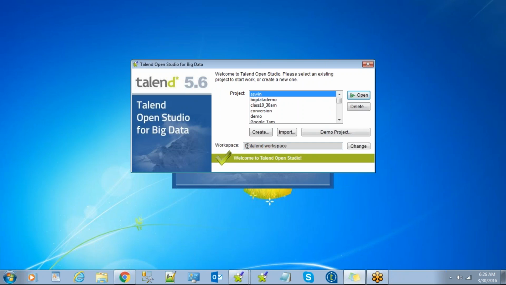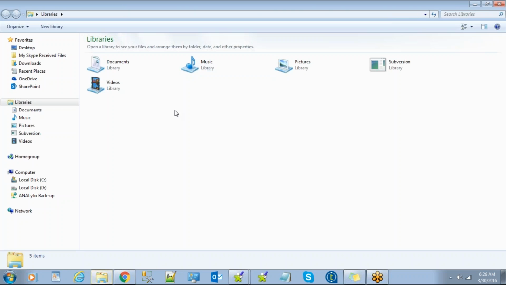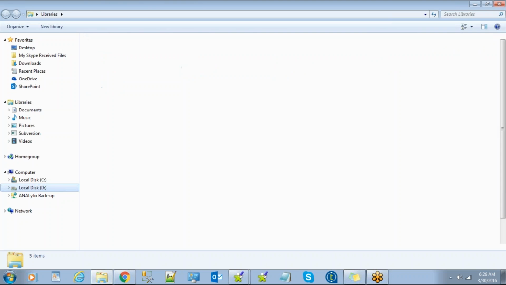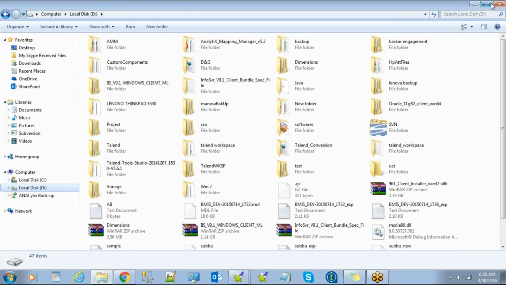So see, this is the place, the D drive and Talend Workspace. You were asking about the file structure, the repository and all, right? This is the workspace where Talend will create its file structure. Let's see for these particular projects. If I go to the D drive and say workspace,